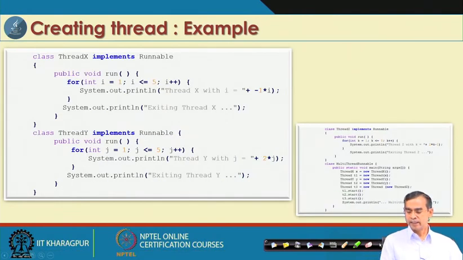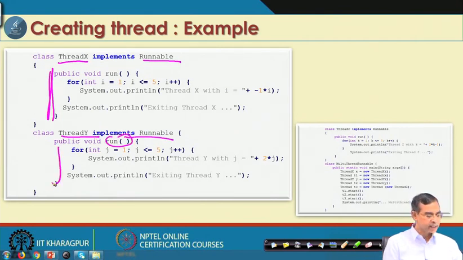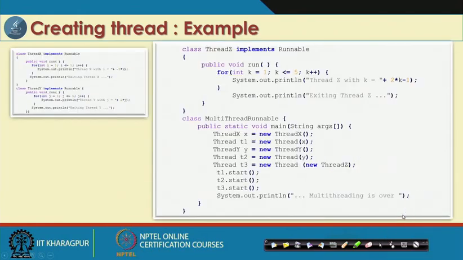Here, let us see, this is Thread X, the name I have given in this case, which implements Runnable. This is similar to the run code that we used earlier. Then Thread Y is the same as thread B that we discussed there, but it implements the Runnable run method here. So Thread X and Thread Y are declared, and then we implement Thread Z. So, this is Thread Z. Three classes, Thread X, Thread Y and Thread Z, are created by implementing the Runnable interface.